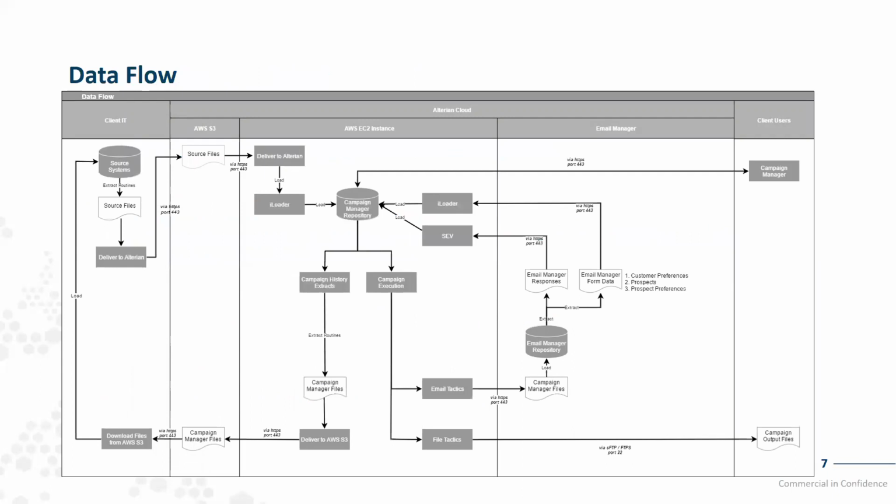So are these FTP sites? Are these print houses? Are they online channels? So you can quickly see from the diagram where data flows around within Campaign Manager and where it flows out as well. Based on that, then we can assess any risks in terms of cross-border